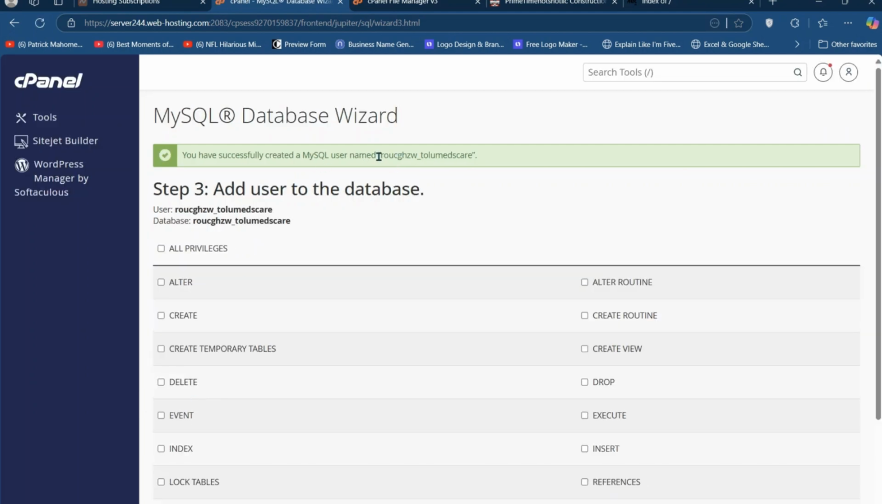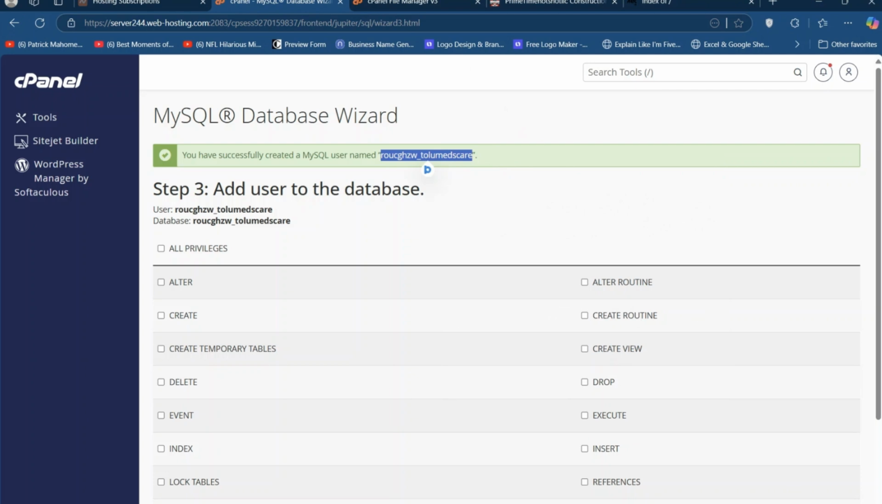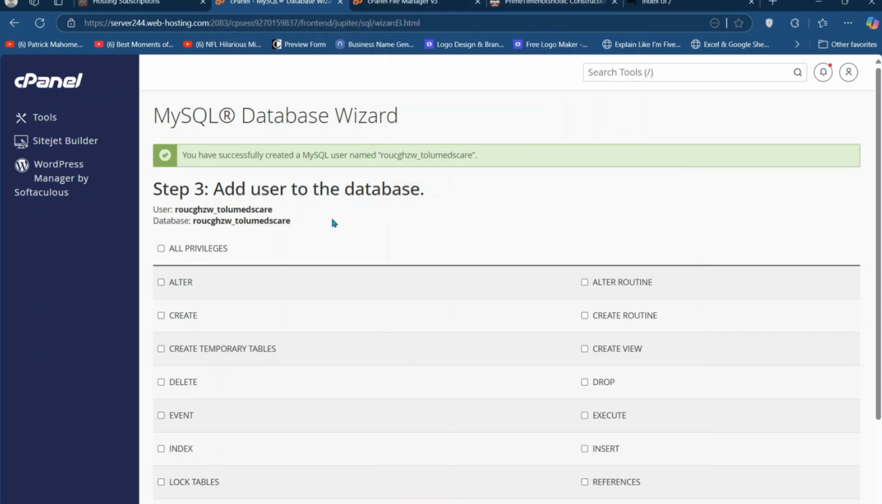So we're going to copy the user also. This is the user again. So I'll go to my notepad. Database user is different from the database name, but I think they look alike. They are the same, but I just want easy identification, please always do that. So now the next page this is going to take you to is